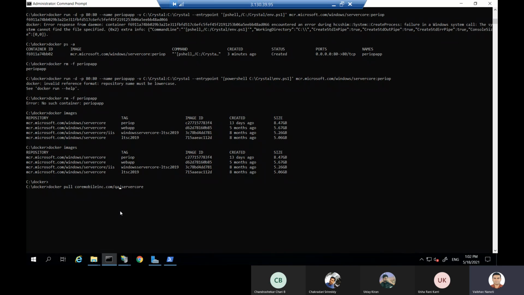I want from the QA Artifactory, and the application name is web app, and the tag should be latest.